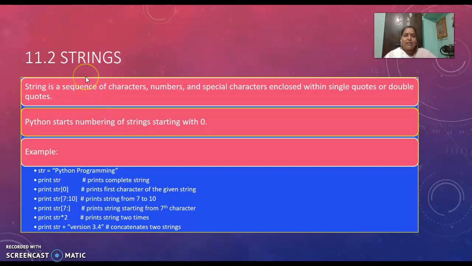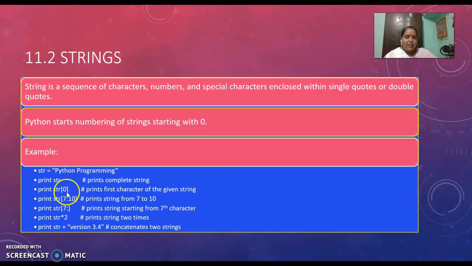Next, string. String is a collection of characters, numbers and special characters enclosed within single quotes or double quotes. Python starts the numbering with 0. So first, str is equal to Python programming. Suppose I give print str, this will print the complete string. Next, print str of 0.